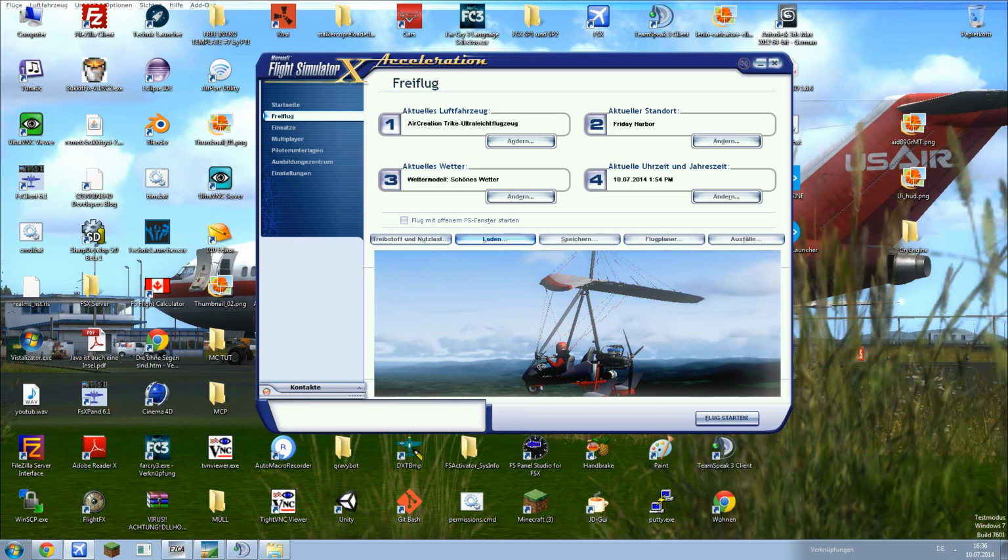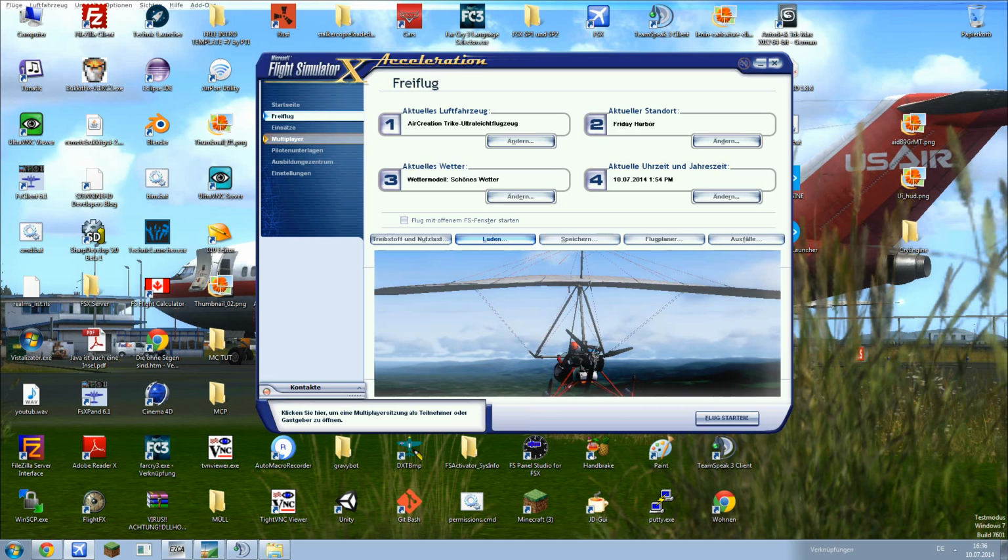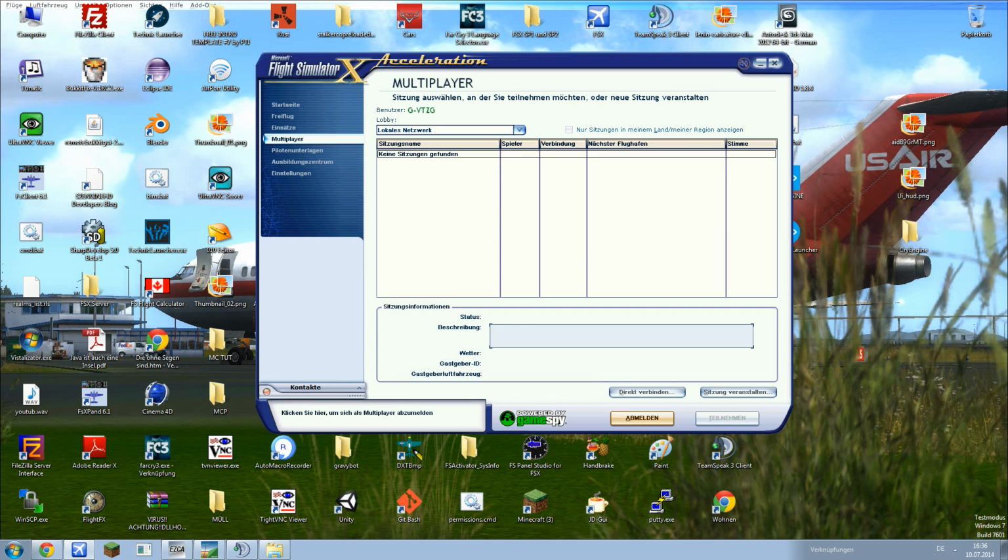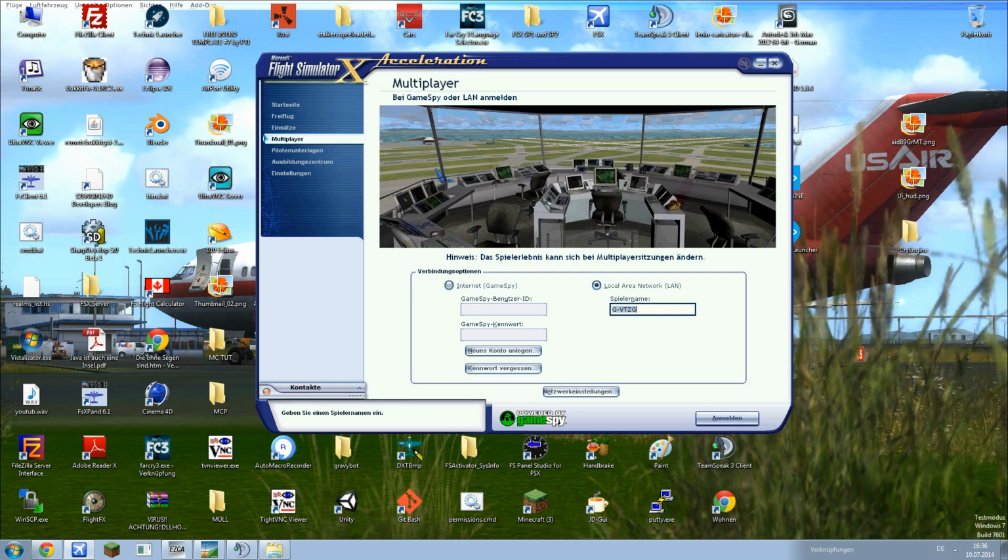For this method we need multiplayer, so we go here in the left menu to multiplayer. I was logged in here, but that's no problem. When you click on multiplayer, you will come up with this window. You can select internet or local area network, LAN. GameSpy is no longer active, so select local area network, and as the name, use your UKVGA name or your